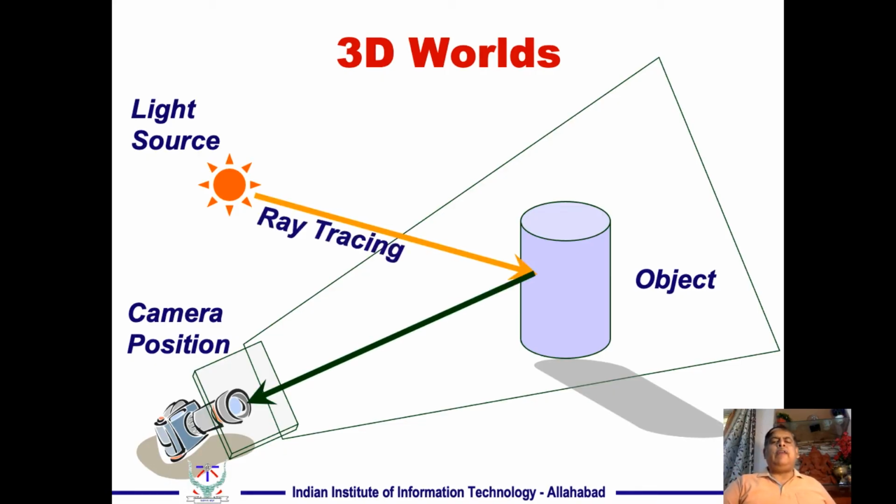So you have a ray tracing of light which emanates from the light source, hits the object, and using the reflection rules, you draw the normal at the point the light ray hits. The reflected beam will be in the opposite direction with the same angle. So these two angles are the same, right? And the reflected beam, if it enters the camera,